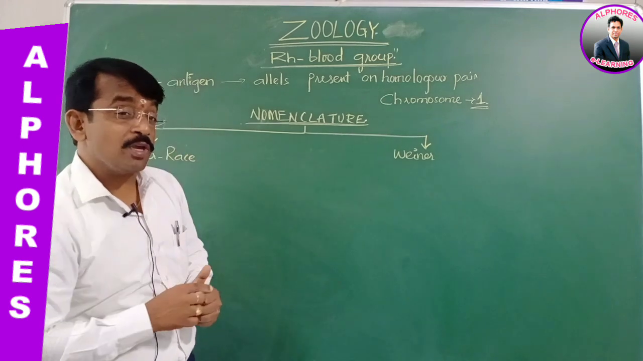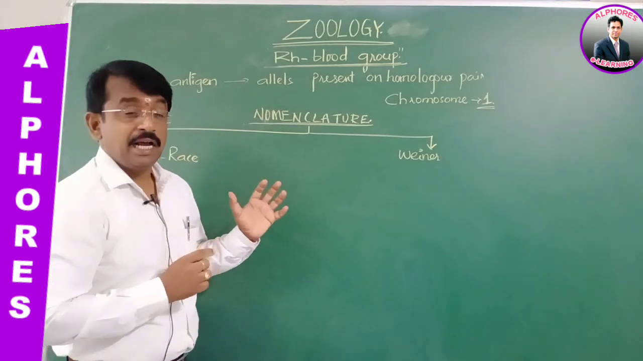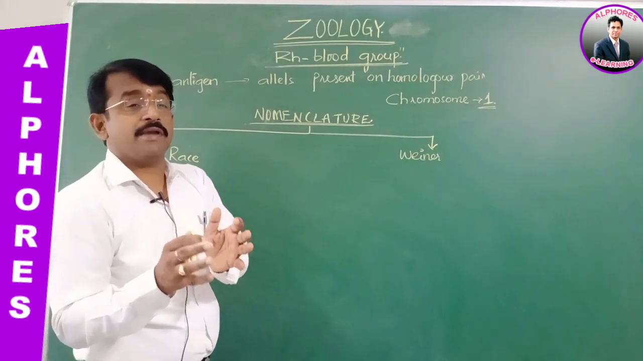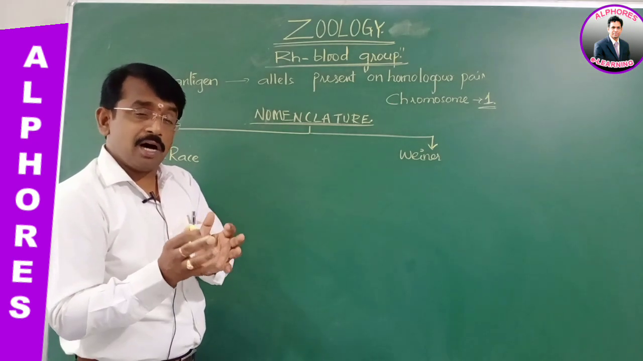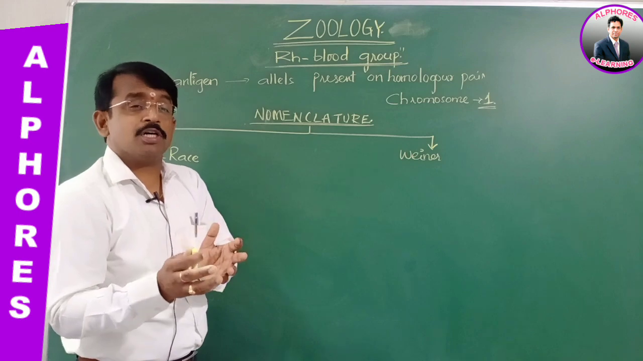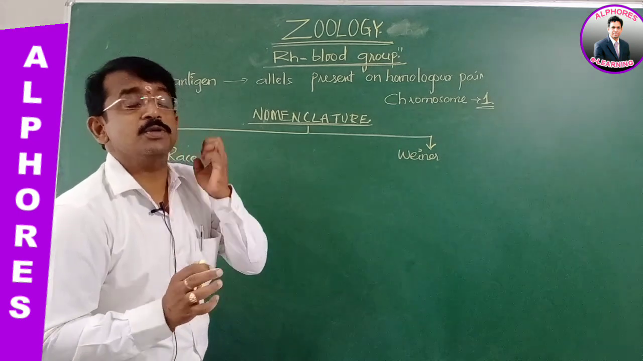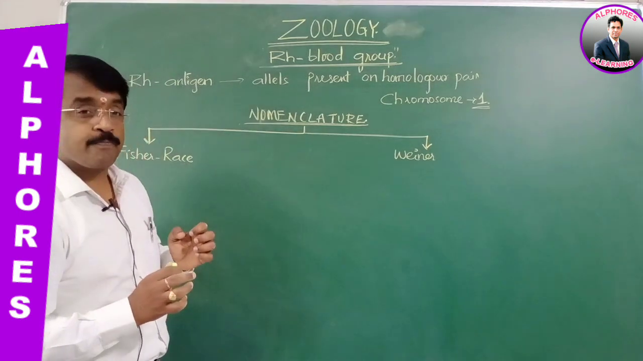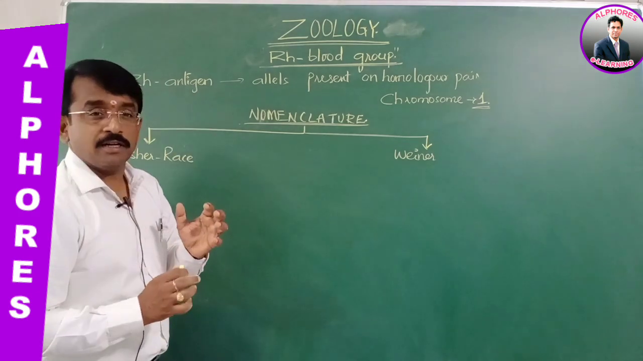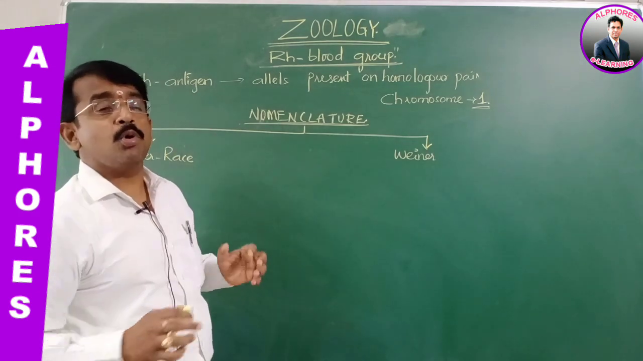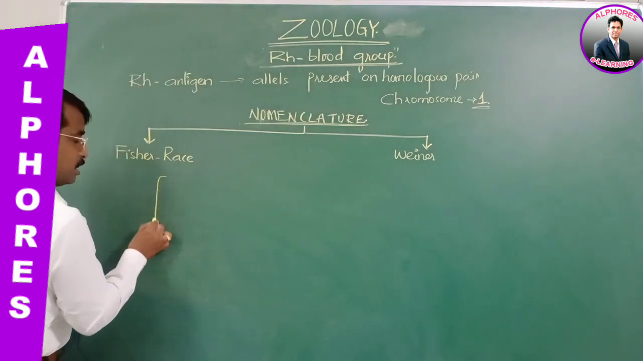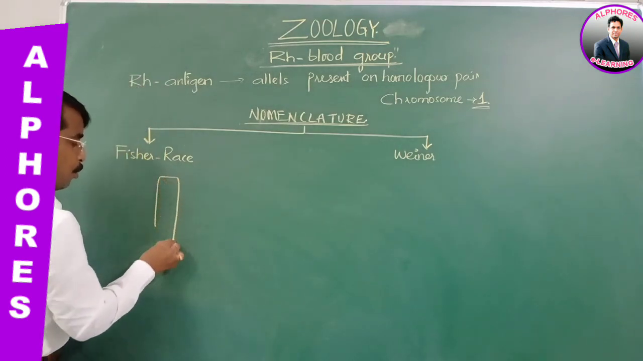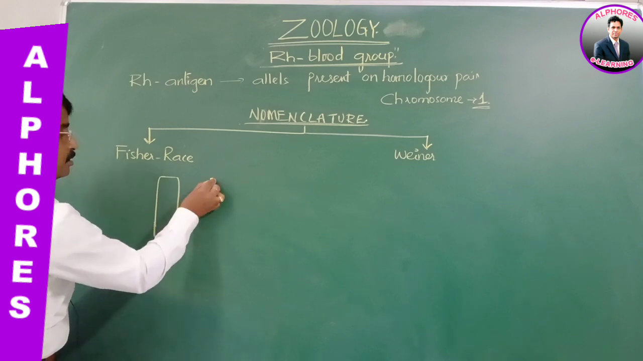That is a single locus. Whereas here, out of the three, any two: IA, IO, IA, IB, IO; likewise, 6 genotypes we have seen. In this connection, unlike the ABO blood grouping system, according to Fisher-Race, the homologous pair of chromosome 1,